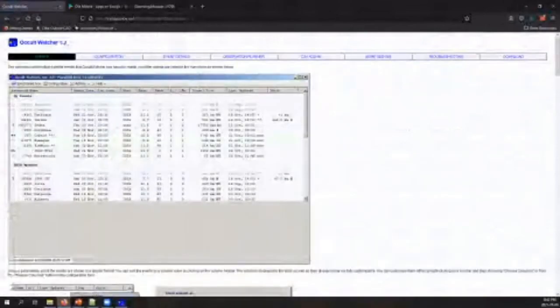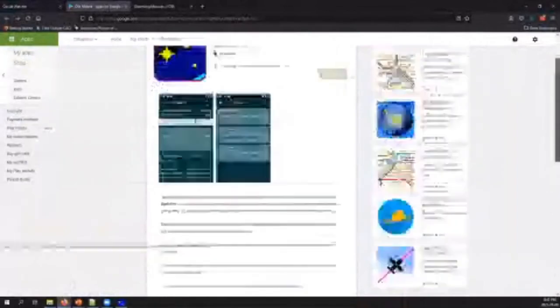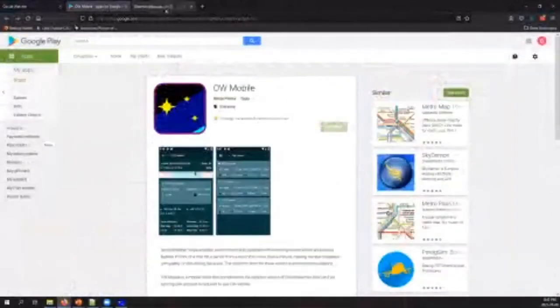It's still marked as 3.2, but everything here is still pretty complete. The mobile app is available for download through the usual suspects, and it hasn't been updated significantly, but it is built by the same developer who builds OccultWatcher. So again, I've got some good